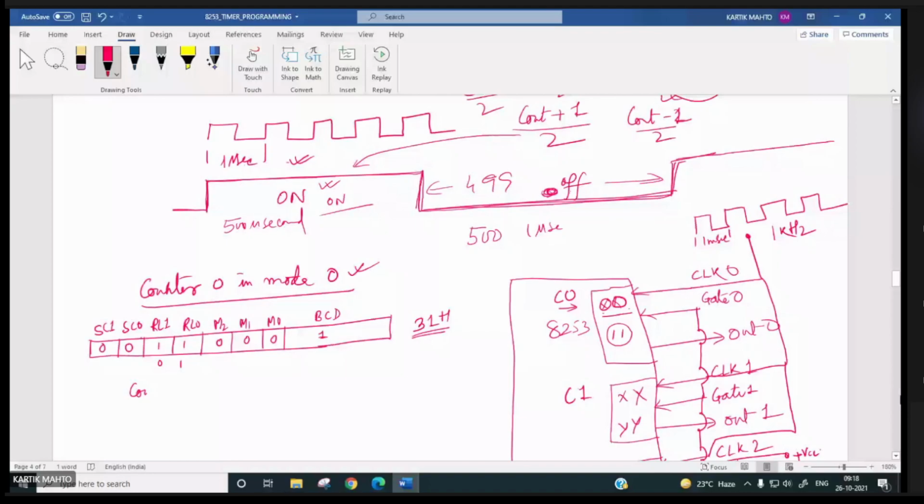Otherwise you should go for LSB only, with 0, 1, and then the corresponding control word will be 11H.